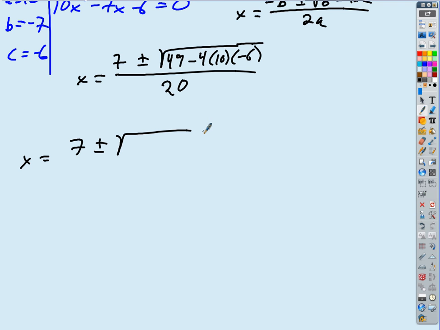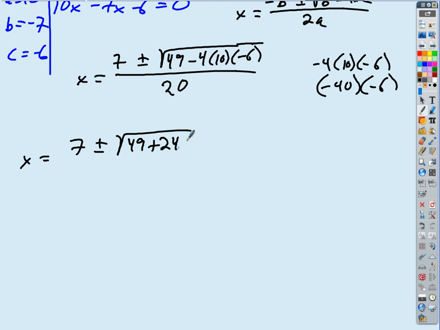Okay, so let's figure out what that number is. What's negative 4 times 10 times negative 6? Negative 4 times 10 is negative 40, times negative 6 is what? 240. Positive 240. So I'm getting 49 plus 240, divided by 20. Well, that's 7 plus or minus the square root of 289,